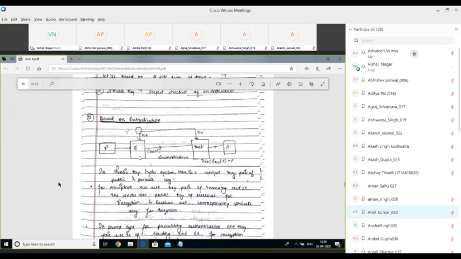Now for encrypting the data, we are using the private key of the sender. I repeat, for encryption we are using the private key of the sender, and for decryption we are using the public key of the sender.